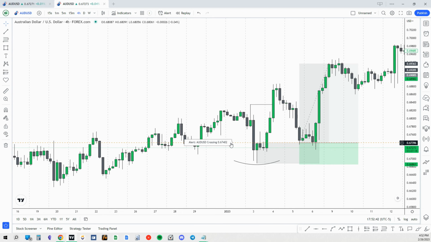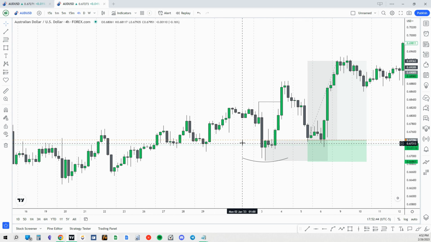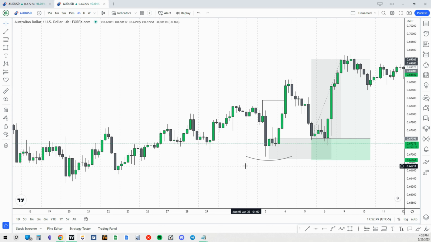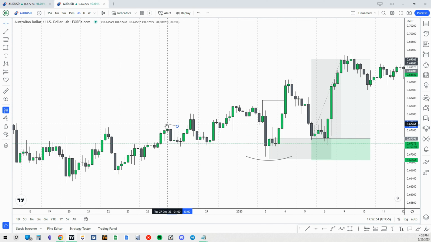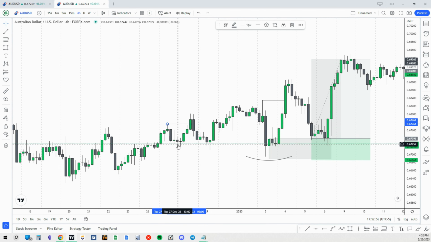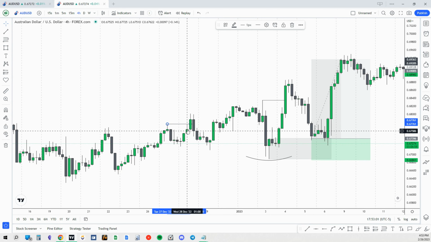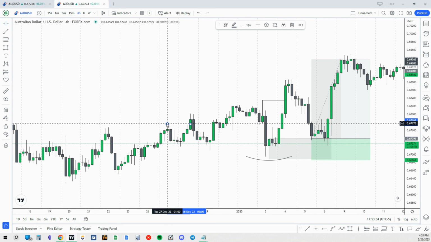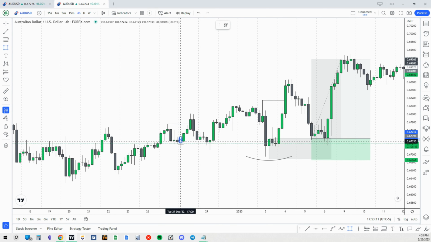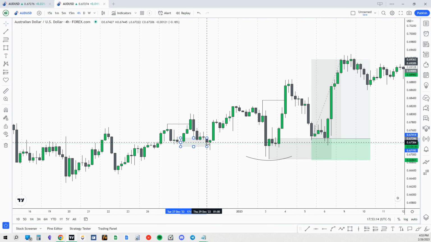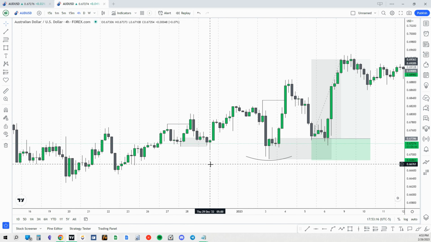So right next to this order, I actually do see a situation where this actually failed. Remove my alert really quick. So we can see right here, there is a break of structure. It's actually really clean. Right here, you can see a bearish correction and then bullish continuation that did break structure. So if you were looking here, using this strategy, you definitely would be right in assuming that this is the last down move before the up move that broke structure. And you could have set an order right here